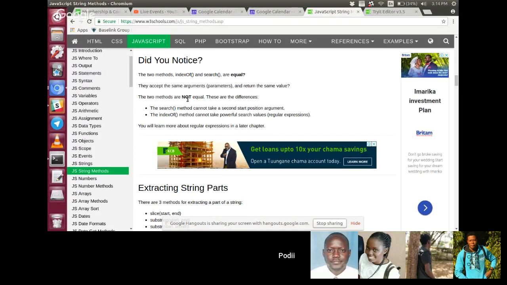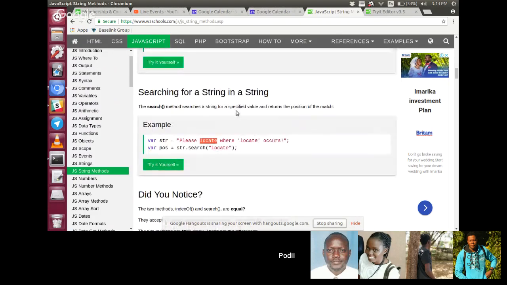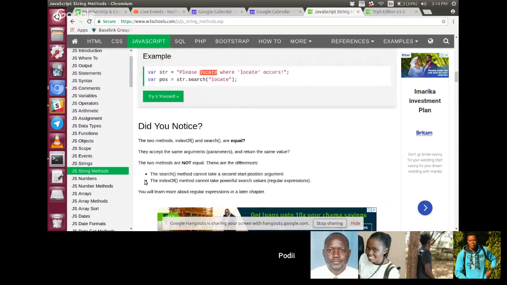Okay, the two methods are not equal. They have similarities and they have differences. So these are the two differences. The search method cannot take a second start position argument. Someone explain this, please. Kevin? Okay, so in our previous JavaScript module, we saw that for search, you can only start from zero. But for indexOf now,